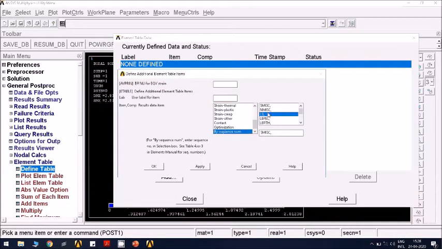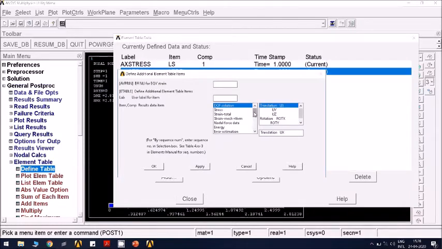By sequence number LS, 1 for axial stress, define LEPL, 1 for axial strain, define SMISC 1 for member force.